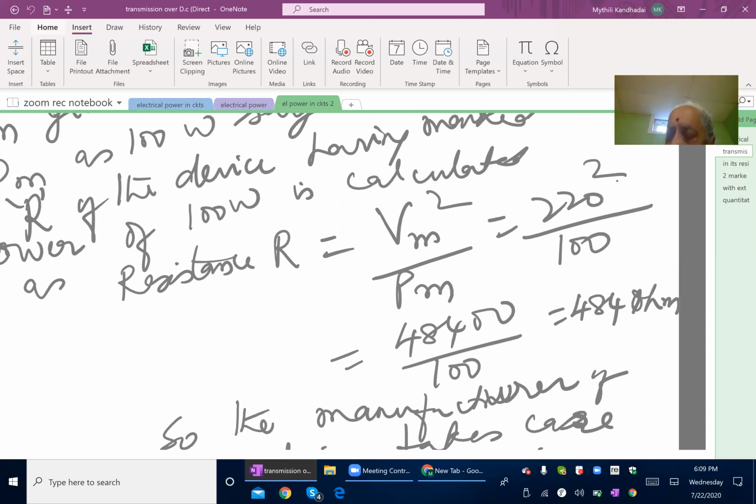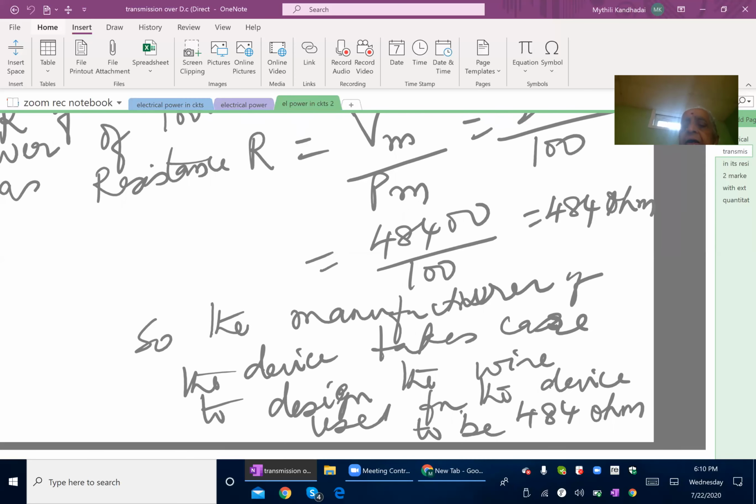So they will use such a resistivity of the material that for a small length as the filament that you see inside the bulb, even if it is so, it will be so thin, and the area of cross section accordingly will be suitably adjusted within limits of manipulation. They cannot make it too thin, so that when they just twist it to make a wire, it will just break. It should not be too brittle. So bearing this in mind, they will strike a golden mean and take the area of cross section to be one thing. They will choose the filament of the bulb to have such a value of resistivity so that R